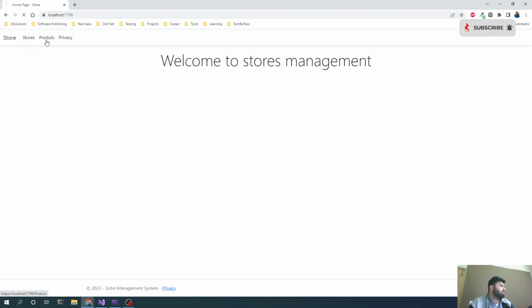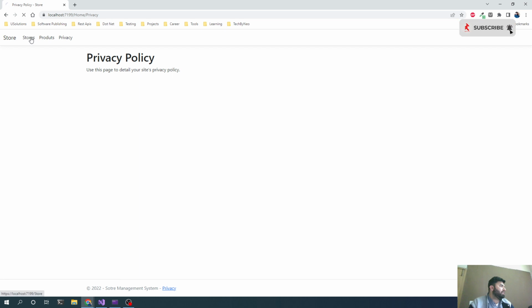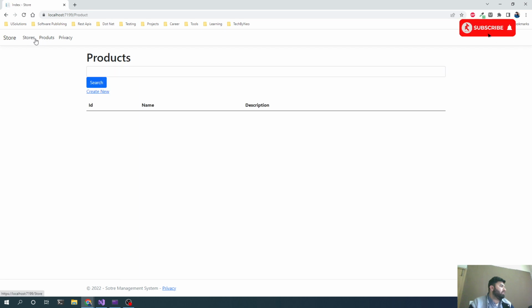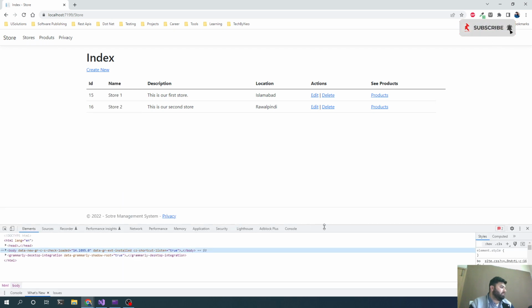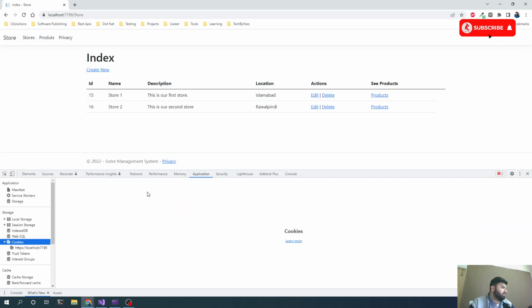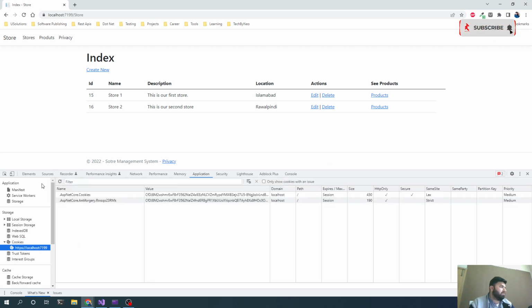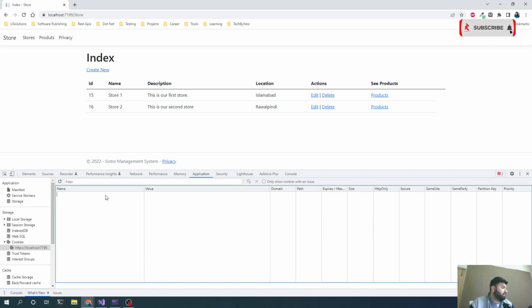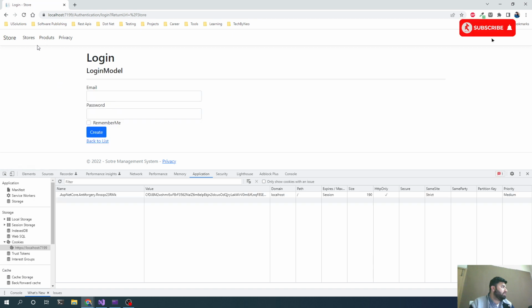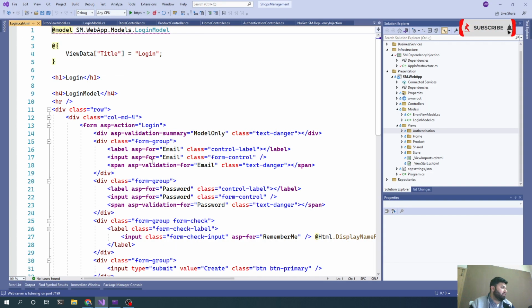I am able to view different sections of the portal, and this is because I'm logged in successfully. And the proof is, if you go to the Application tab in the development console of the Chrome browser, you can now check that an ASP.NET Core cookie has been created. If I delete this one and now try to access, I will be redirected to the login view. So hence it's proof that we have successfully implemented the